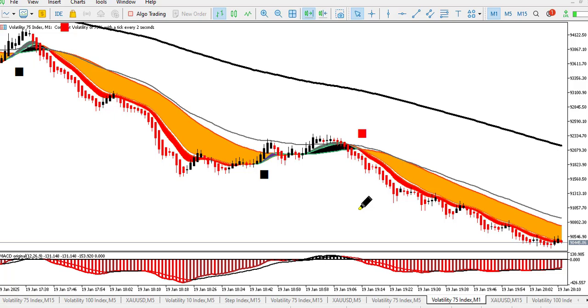As we've seen at this particular point, we have these indicators in agreement. So this is a good setup for us to actually take a sell on this particular Volatility 75 index,